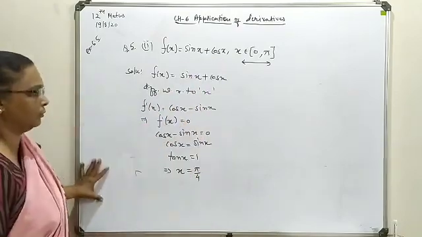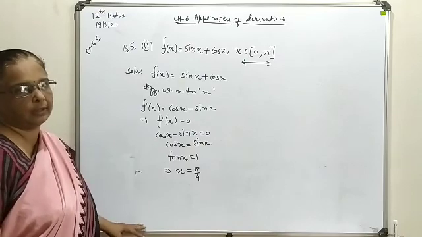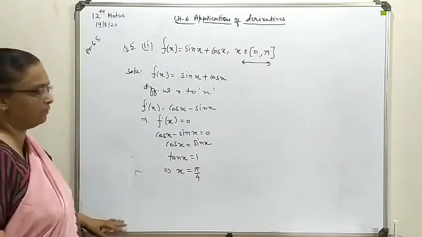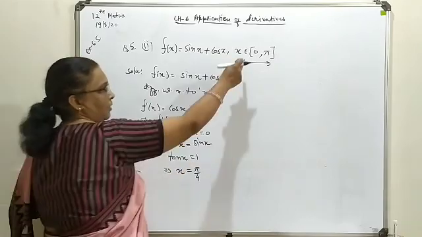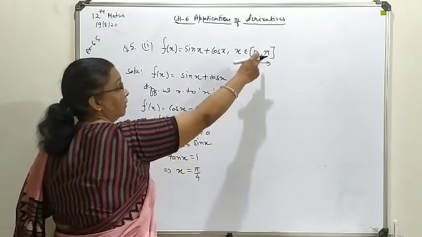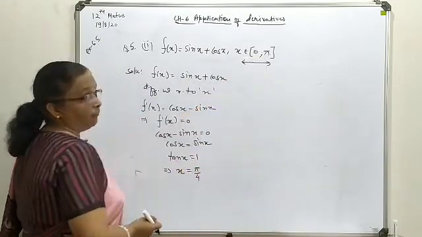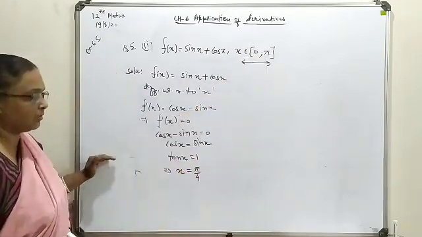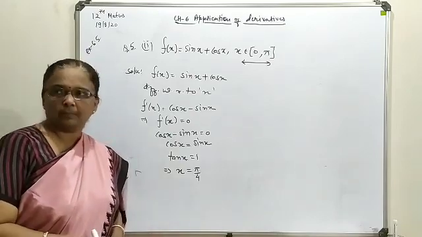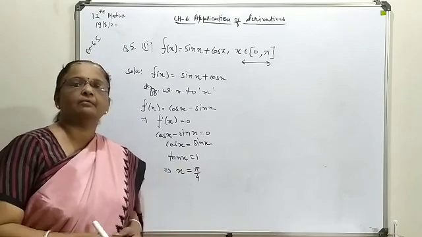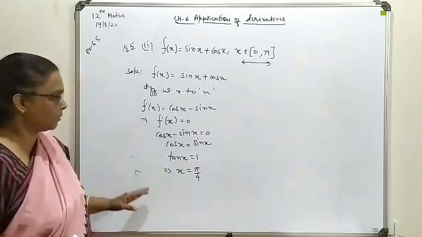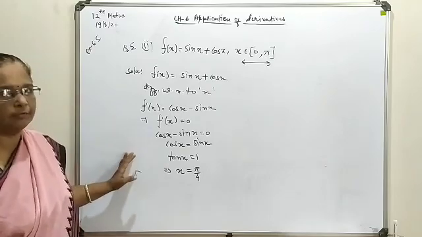Now we move towards the evaluation of the absolute solution. So let's start. Here we will find three points: f(0), in between f(pi by 4), and the third one is f(pi). Among these three, whatever the minimum value is will be called the absolute minima, and the maximum value you will call the absolute maxima. So let's proceed with the evaluation of the function values.